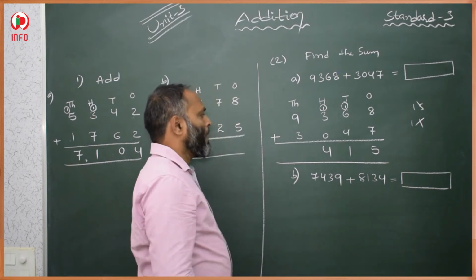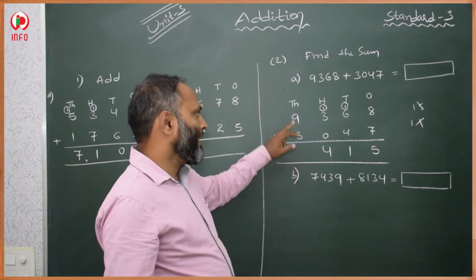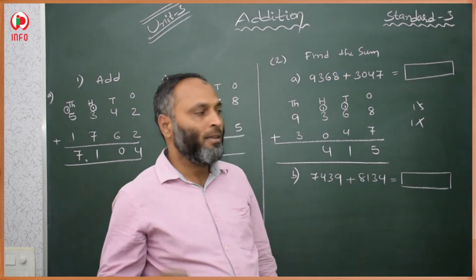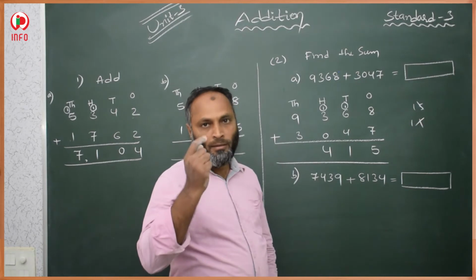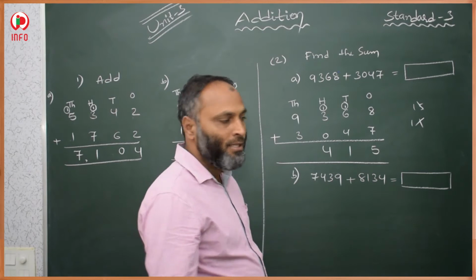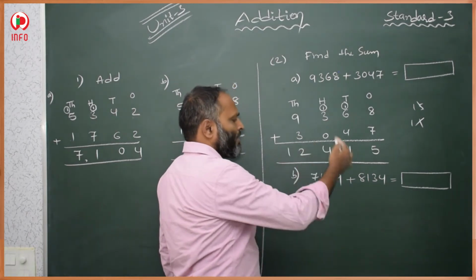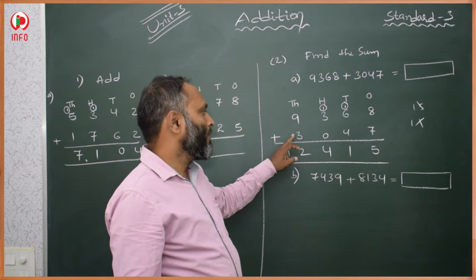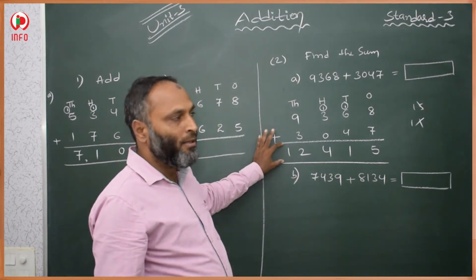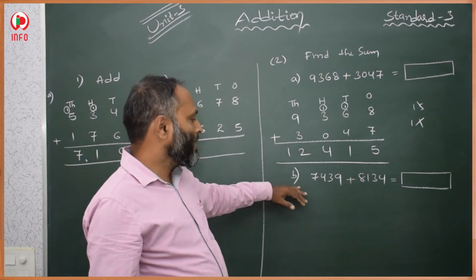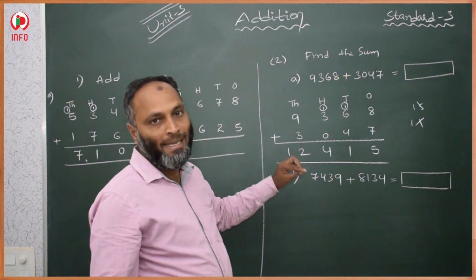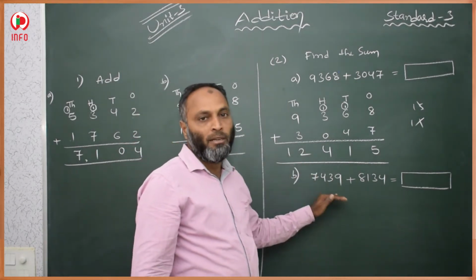Then after that, here 9 and 3 are there. 9 is in the thousands place and 3 is also in the thousands place. We add the thousands places. Then 9, 10, 11 and 12. 9 plus 3 is 12. This is our sum. These two are the addends and this is the sum. So this is our solution. And the next question, B question, is similar to this, and this question you do as your home assignment. This is your home assignment.